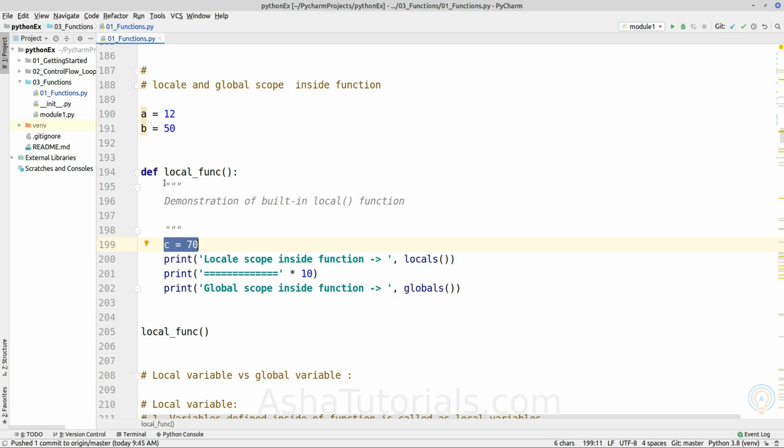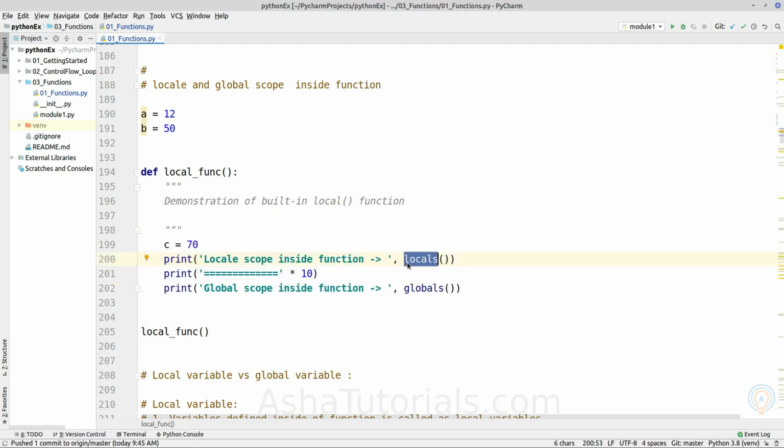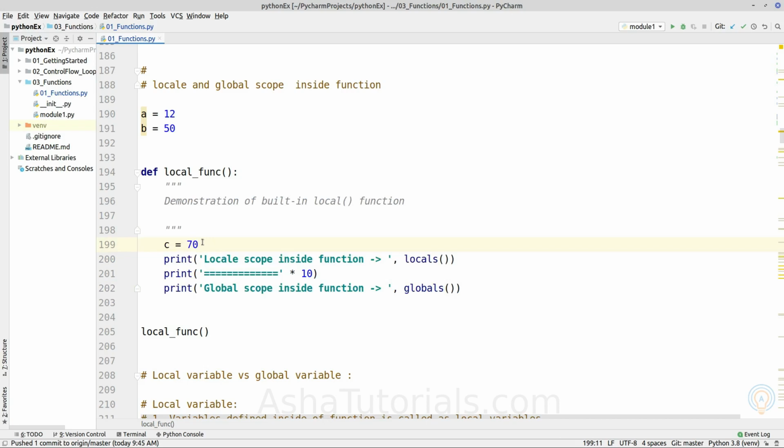Its scope is local to that particular function and it is not accessible outside it. So if we execute locals inside the function, it will only return variables local to that scope. In this code block, there is only one local variable, which is c.